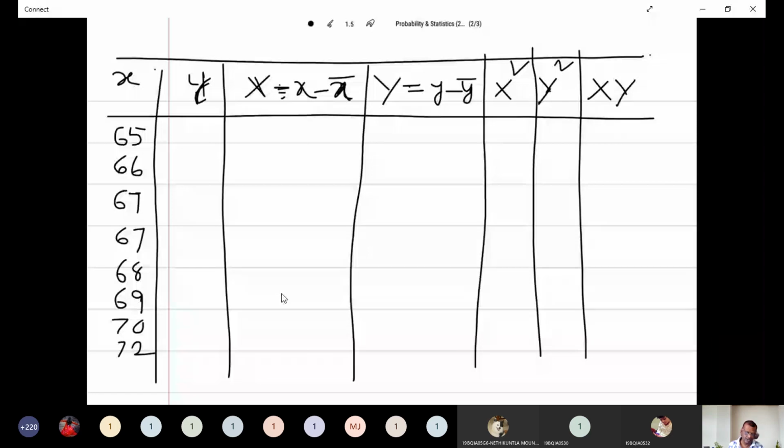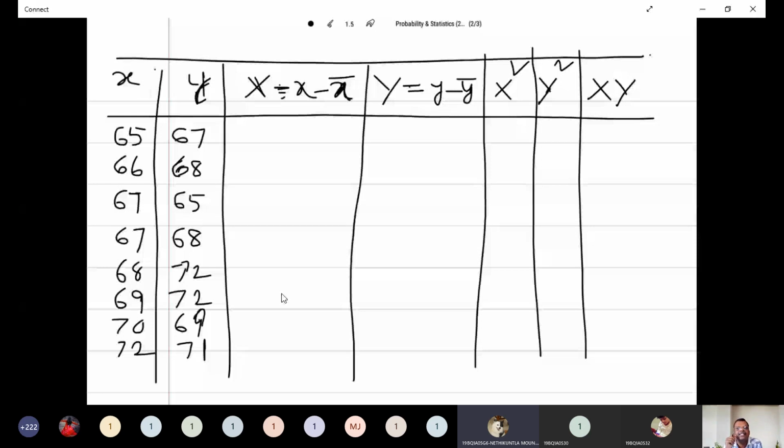Corresponding Y values also we have to note down in the Y series, that is 67, 68, 65, 68, 72, again 72, 69, 71. Okay, before going to start this table, we need to find out X bar and Y bar, that is